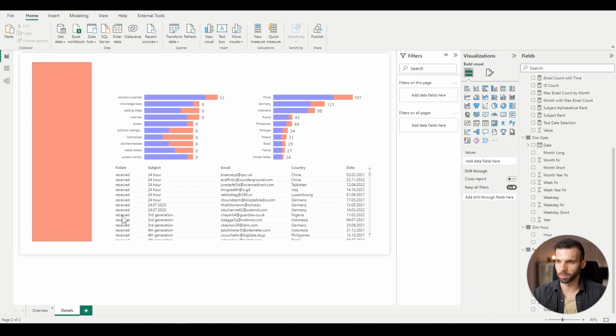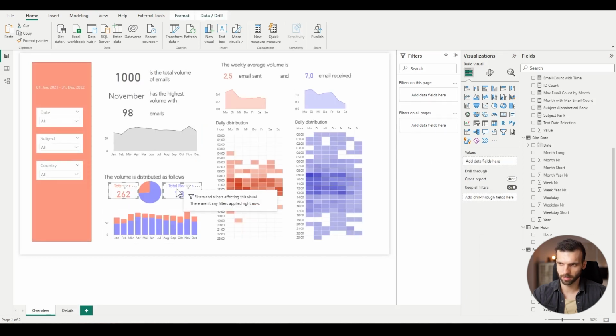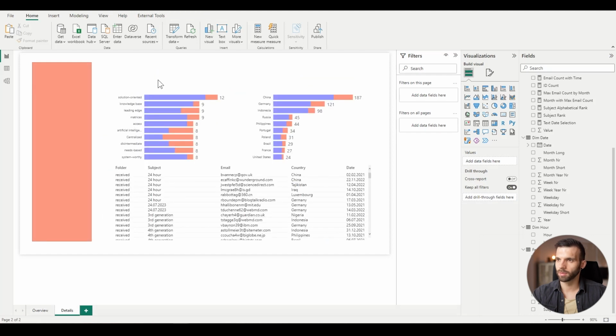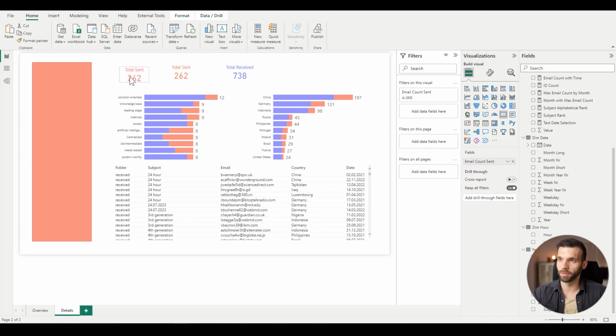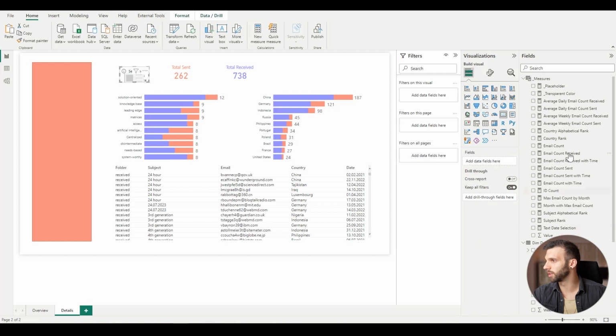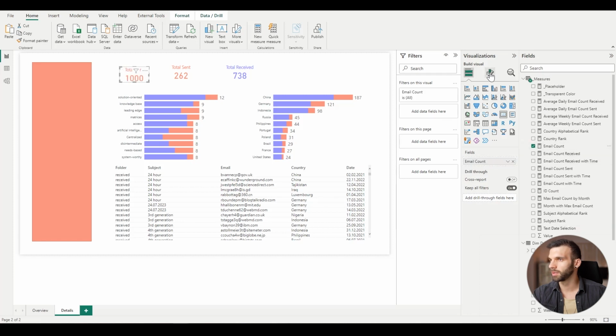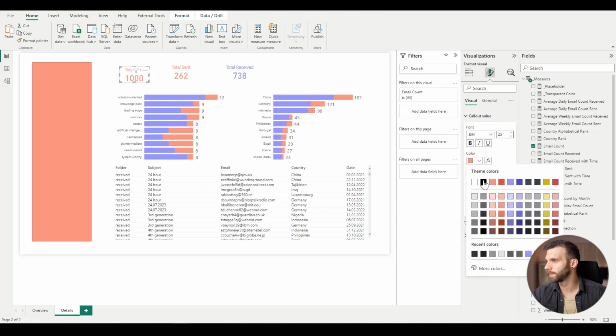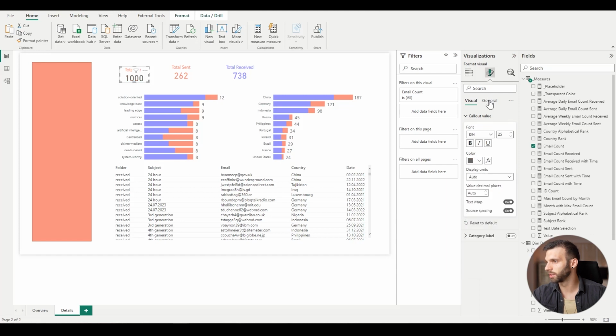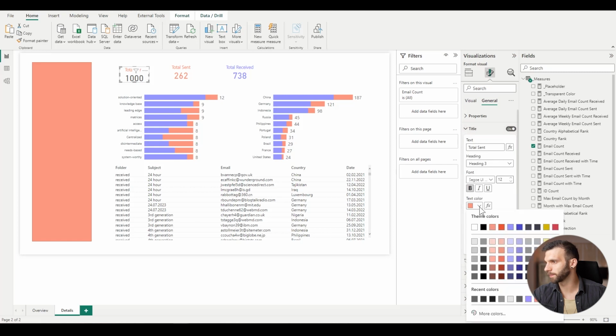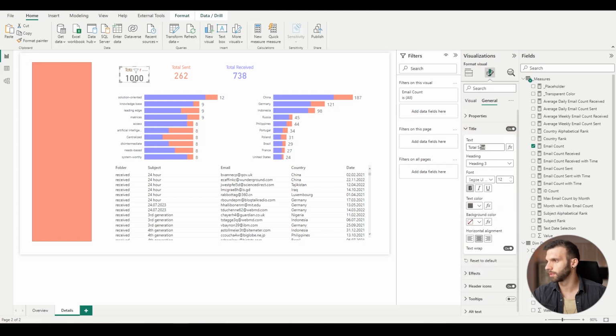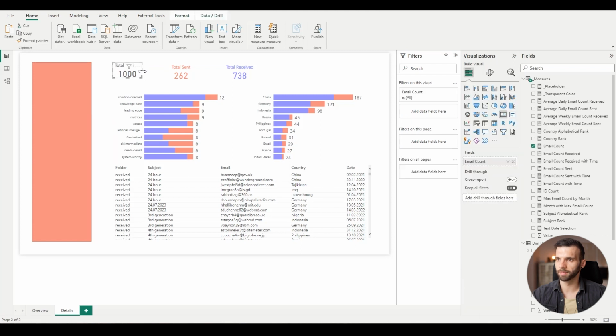Also, let's put 3 cards here to see what's the overall total sent and received email count. I'm gonna copy the total sent and received cards. And also we will add with the same formatting the total email count. Let's change the color to gray, dark gray, title as well, and call it total volume. We can adjust one of them, like let's say total volume is this size. Larger,